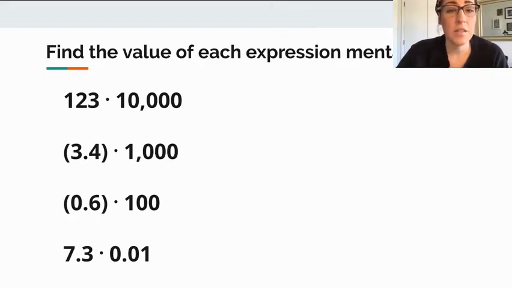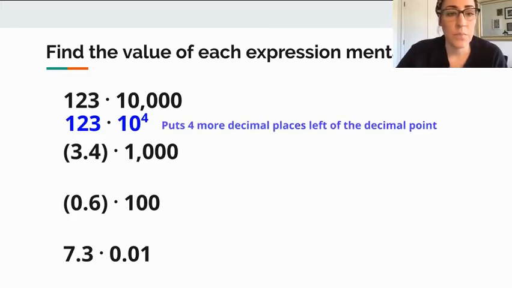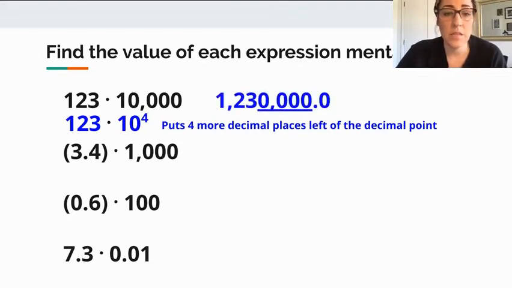Okay, let's discuss some strategies for these. This first one can be thought about as 123 times 10 to the 4th. This puts 4 more decimal places to the left of the decimal point. If I were to write this out, it would look like this, 1,230,000. So you see underlined there are the 4 more decimal places